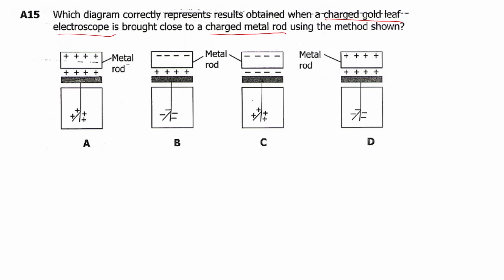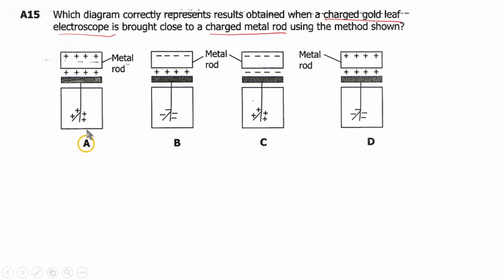Okay, so remember, if an object is charged, meaning it has only one type of charge on it, it can have either a positive charge or a negative charge. So if I look at these situations here, I came to look at this question as one of the questions which also had errors in it, because there was no question which was making sense apart from A. So for me, the answer I gave was A,